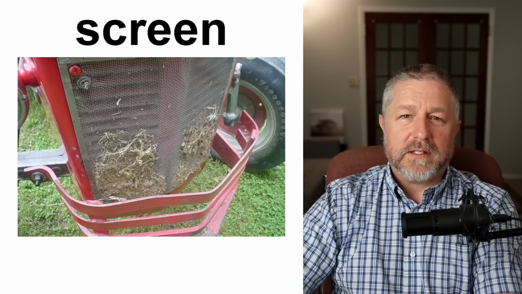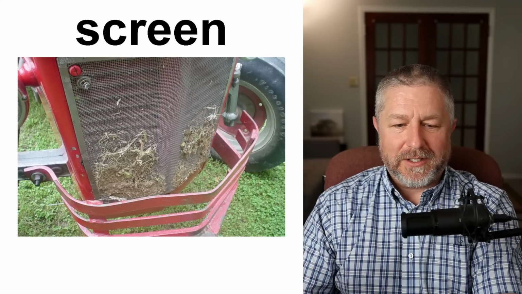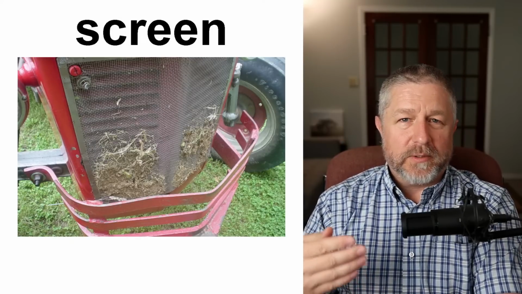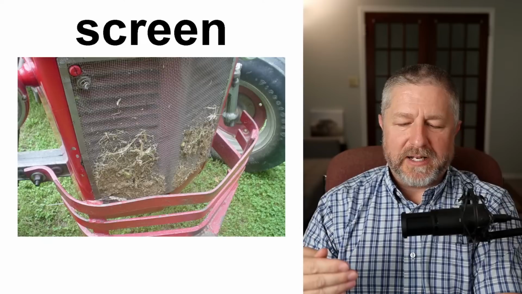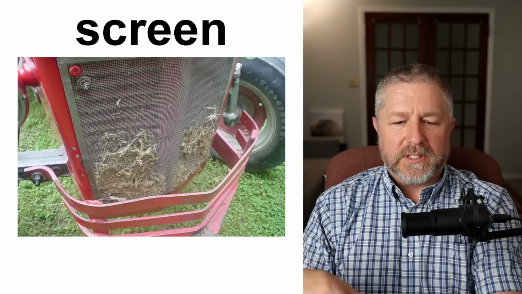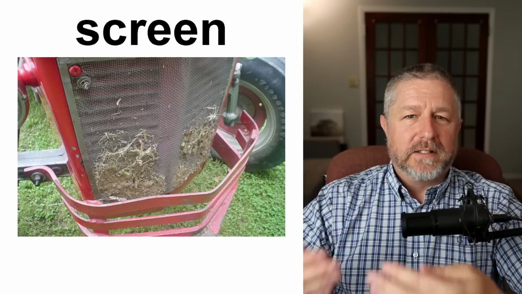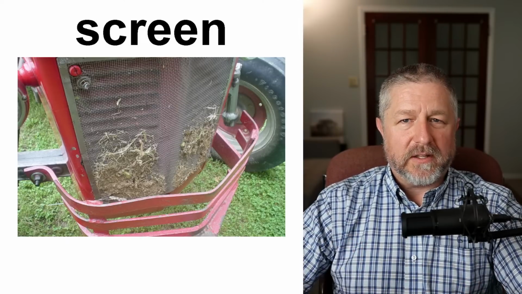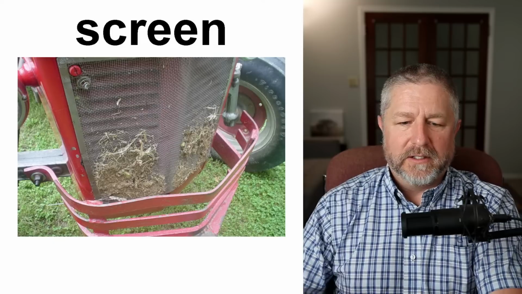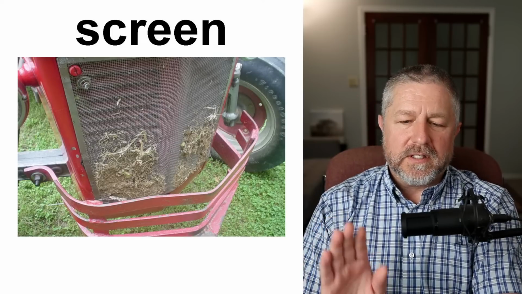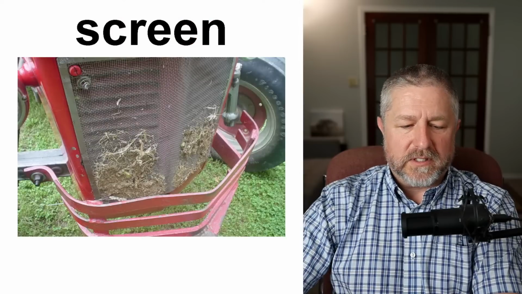Sometimes you don't want stuff to get into a machine, so there is a screen in front. Screens are usually made out of metal, but they can be made out of other things. You can see that this person was working somewhere where they didn't want grass to enter the machine. They didn't want grass to enter the tractor. So there is a screen at the front. This is different than